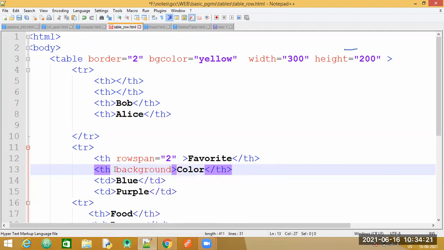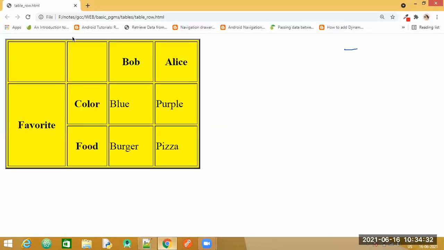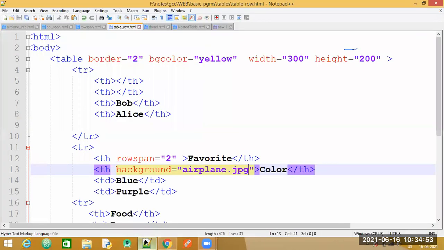background, and let me specify its value, the image with the extension. So you can see images there only for one particular cell. The only property which did not apply was the border color. Border color was getting applied for your entire table and not only for one particular heading or only one particular cell. So rest of the properties, width and height, definitely for the entire table.